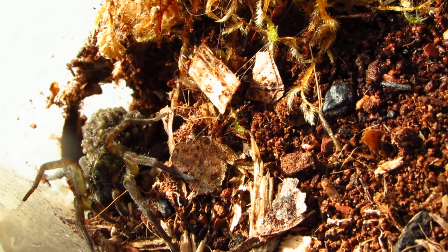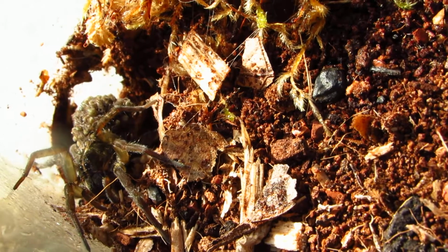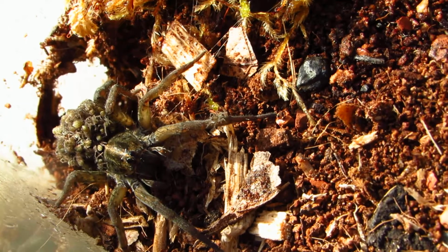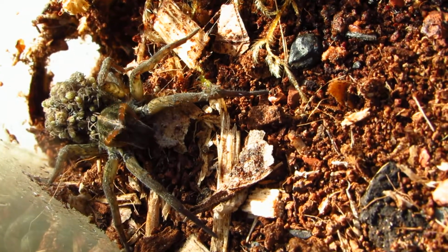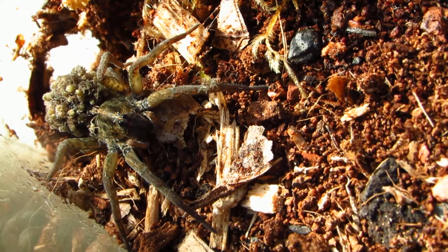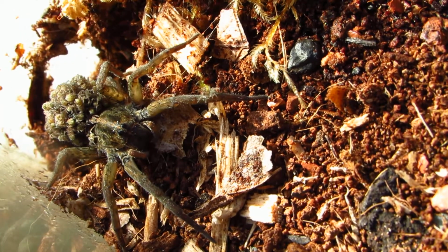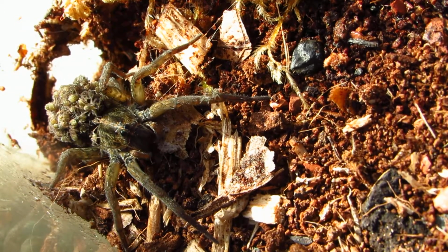Now I don't know if they're permanently departing or if they're just accidentally getting flicked off as she walks along. But I think that this may be the time of their departure. So at least you still get to see most of them on her back. And I believe at the moment you can see a couple of them that are on her head and several that are moving